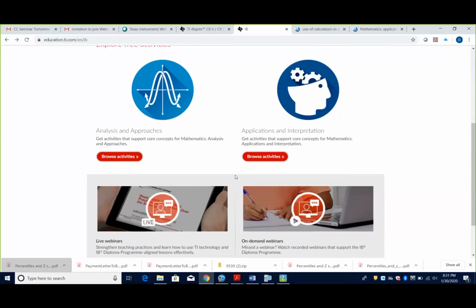Our next wave of 25 new activities and 25 new IB questions are going to be IB-specific activities. We're going to take those new topics that are sprinkled in those new courses, and we are actually going to write activities for them. Like I said, the first wave was just reusing what we had to give us a jumping-off point. But now we are really going to push forward and get those activities.